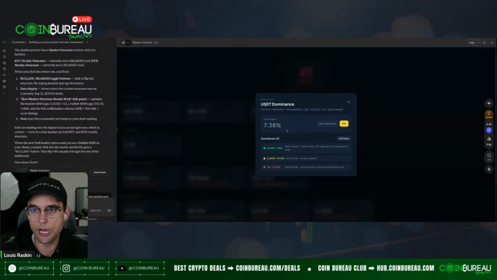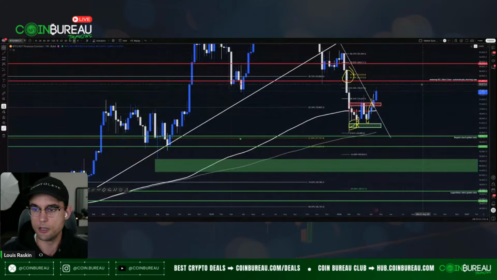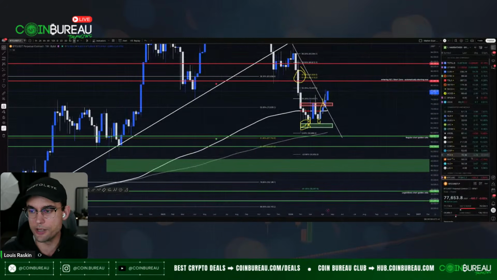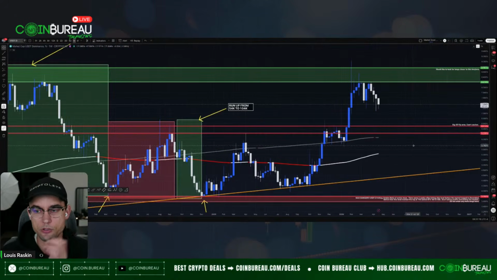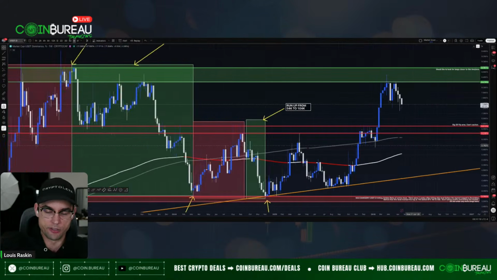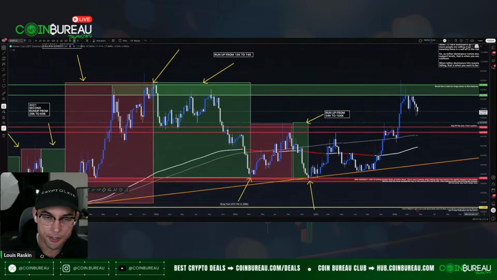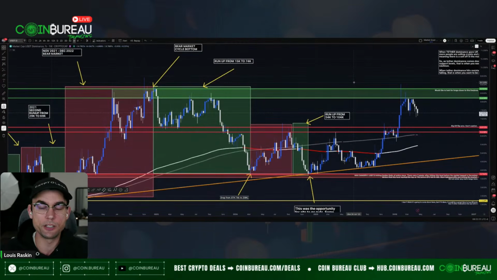So I'll just go to the actual chart so you can see it better and have a better understanding of this, right? This is just how I look at the market, how I trade. And I'm going to have to use some discernment here because of where we are in the market cycle, but USDT dominance is not looking too bad either.